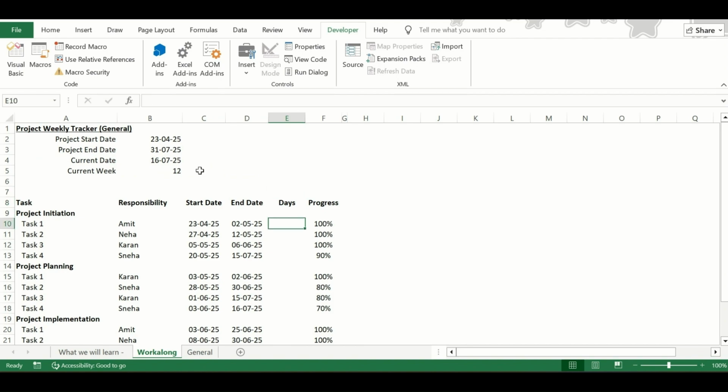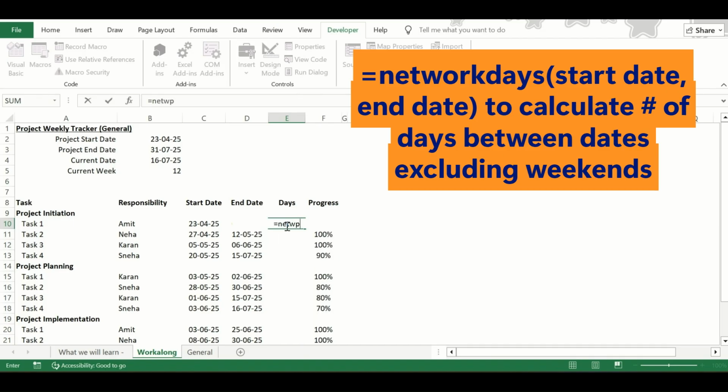Now the second formula that we will use would be to calculate the days between the start date and the end date. For that, again, one simple thing is just to use the subtraction of these two dates plus 1 so as to count the days between these two dates. But here, if we just subtract these two dates, it will count Saturdays and Sundays as well. But as you know, it's not a working day, so we will try to calculate days excluding Saturday and Sunday. For that, Excel has an inbuilt formula which is NETWORKDAYS, comma,